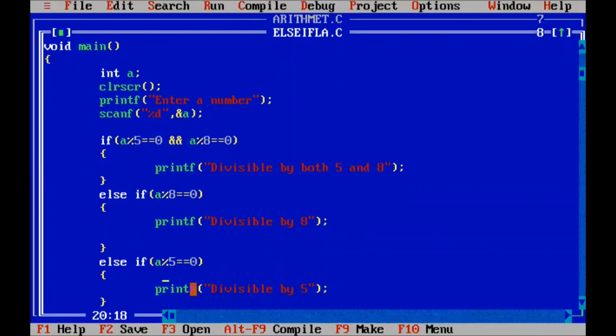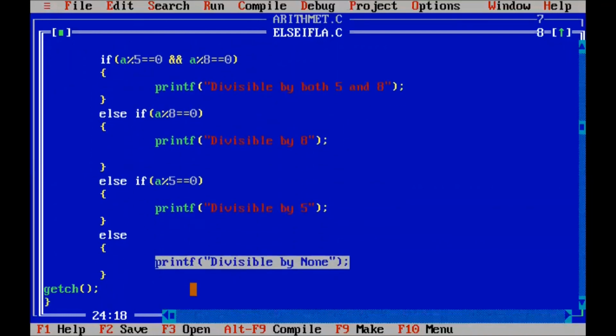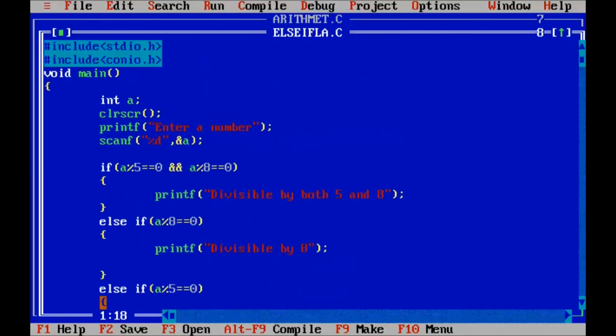If this condition is also false, the control moves to the else part, and this default message will be printed. Okay, and the getch function is used to hold the output screen, because getch takes any character from the keyboard.